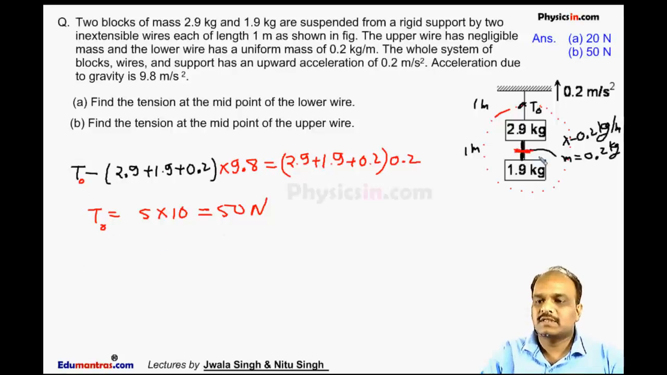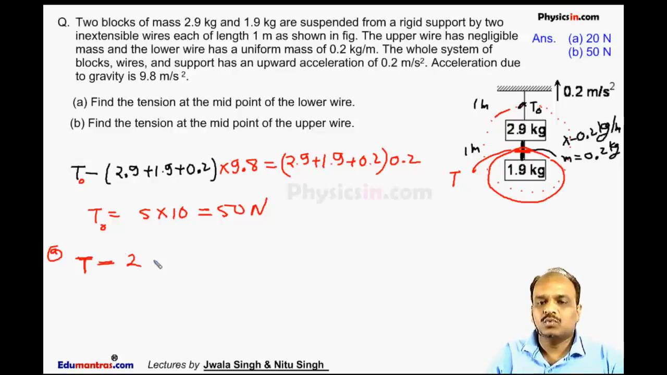Now we can say the tension here, let it be T. The tension at the midpoint of the rope is T minus mg. Mg means the weight of this portion only. We will consider only this portion. We have to calculate the tension at the midpoint. So the tension here is